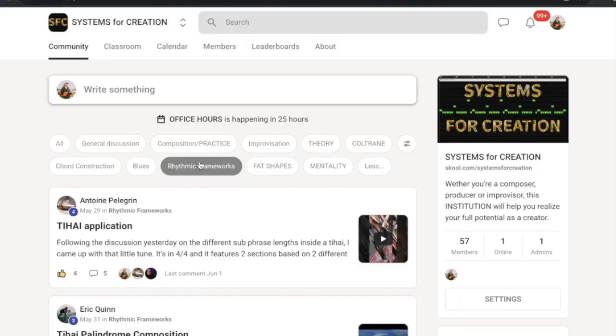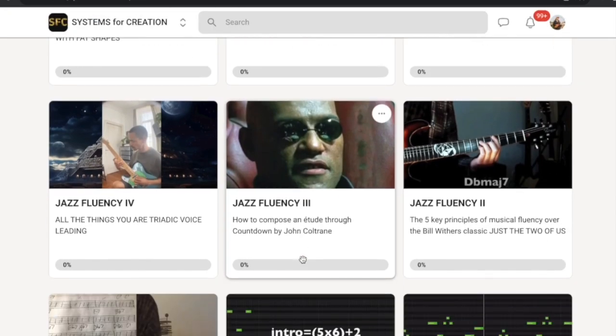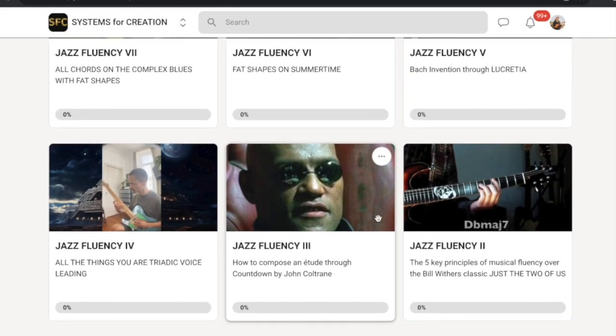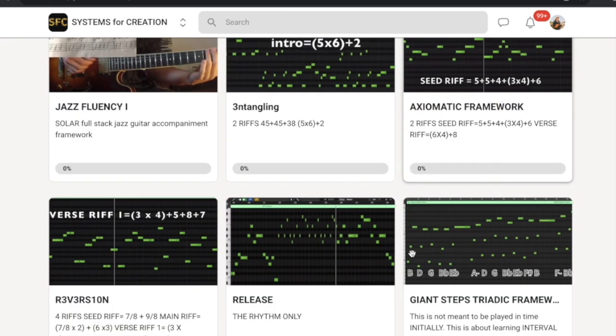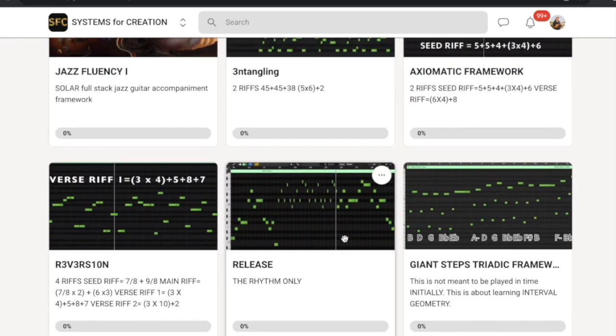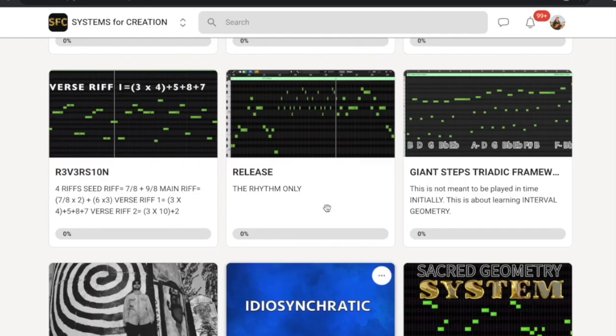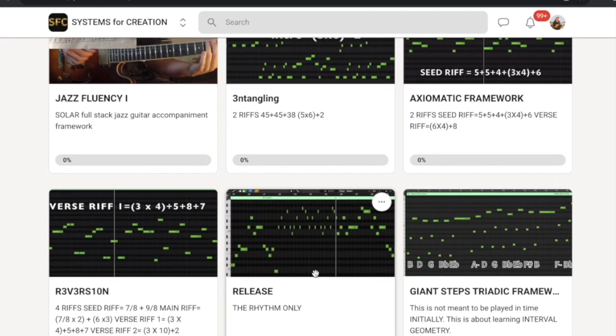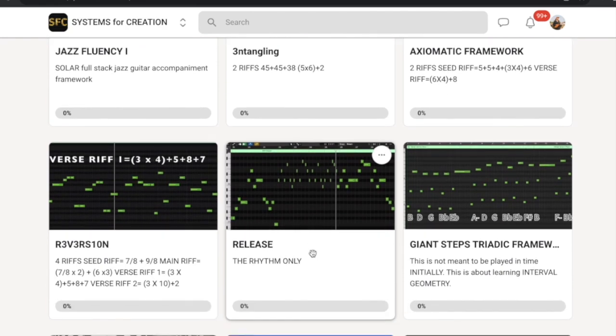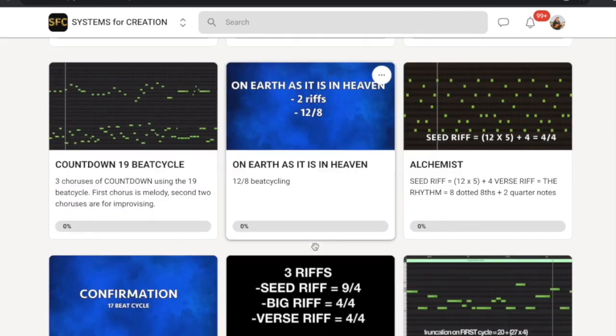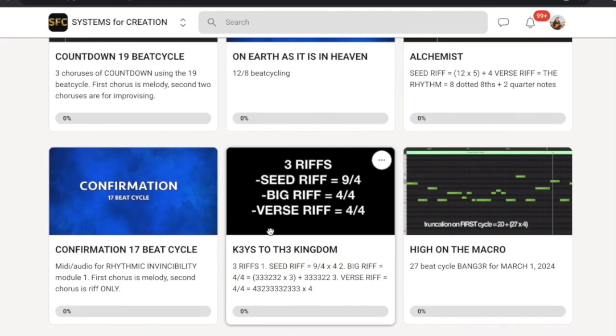and you've got to talk about it, you've got to see examples, and so that takes us over here to the classroom, finally, right? So if you come into the rhythmic framework side of things because you're a composer, there's a lot of stuff in this classroom that's going to be crucial for you here. So, right, we have these jazz fluency courses. We're not talking about those right now. We're going to talk about the compositional frameworks. So what you're looking at here are just compositional frameworks. Some of them are T-high. Some of them are straight up Meshuggah framework. Some of them are neither. Some of them are the rhythm framework, all these different frameworks we've got. These are just examples, right? It's just examples is all this is. And look at this, right?